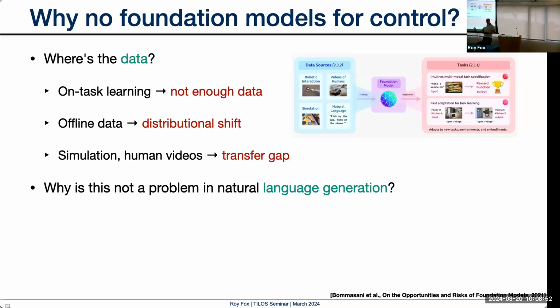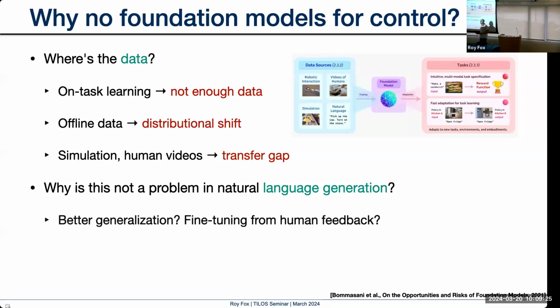So here's a question, sort of to provoke that discussion. Don't we have the same issues in language, right? We collect data from whatever humans generated speech, or language, right? But then we roll out our own language generator. It's a little bit different. Doesn't it generate a different distribution of context than what we have in training data? Well, yes, probably, right? But does that matter? So I guess in language, it doesn't matter. Why not? We have better generalization across contexts.